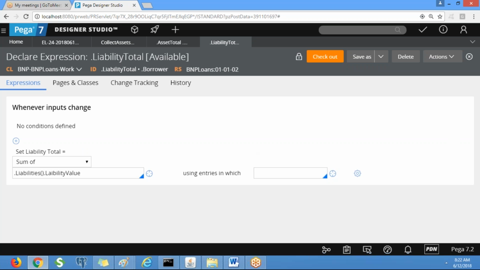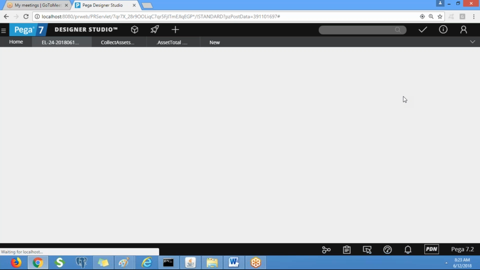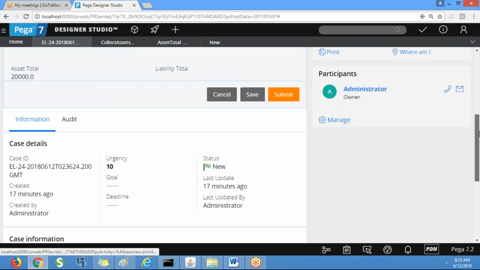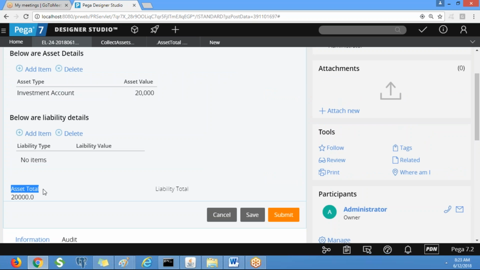So now the same way you create. Now go to the flow and test it. Refresh this work object screen. Yeah. This asset property type is decimal, right? That is the reason it is getting displayed like this. We need to convert by using a function.